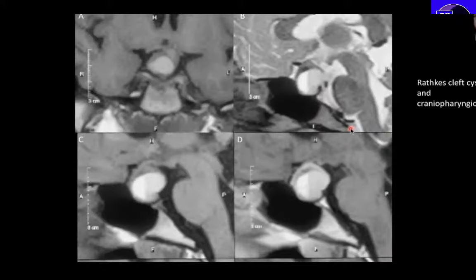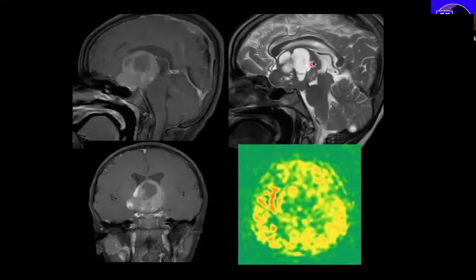Craniopharyngiomas may sometimes be associated with other pathologies. Here we had a patient in Sri Chitra. This is a patient with Rathke's cleft cyst who also had an associated craniopharyngioma, and we can see this fluid level very well on the sagittal images. Coming back to the case we saw previously, this is a child with an adenohypophysis seen separately from the suprasellar